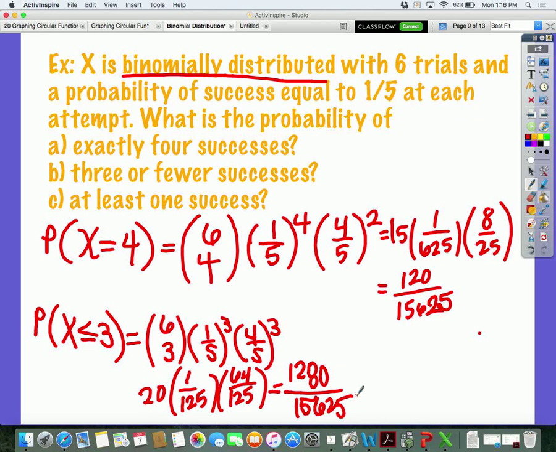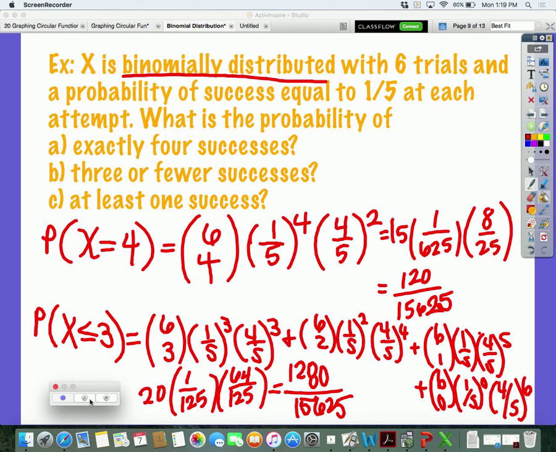Now there's only one problem. That's just the probability of getting 3. You're trying to get 3 or fewer. So you have to do the same thing for 2, 1, and 0. Is there a shortcut for that? Do you think there might be a shortcut? Some of them are actually just that long. You have to do all of them. I thought maybe you find the probability of getting 0, 1, 2, 3 and add them. I need 2, I need 1, I need 0, done. So you're finishing up the last 4 of the